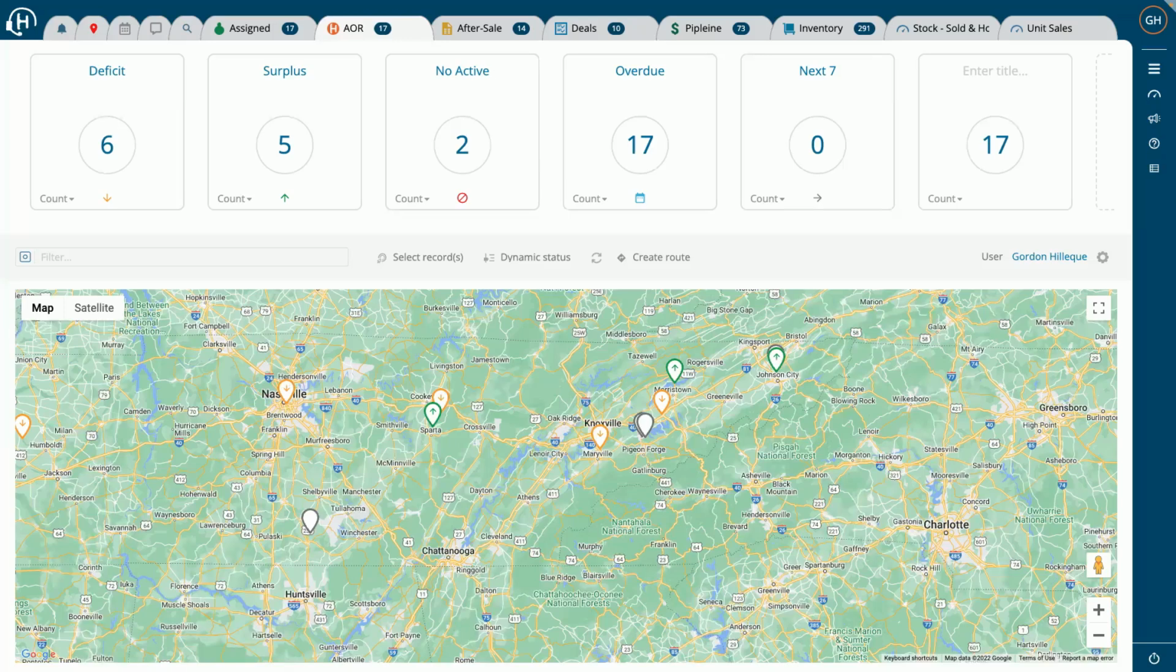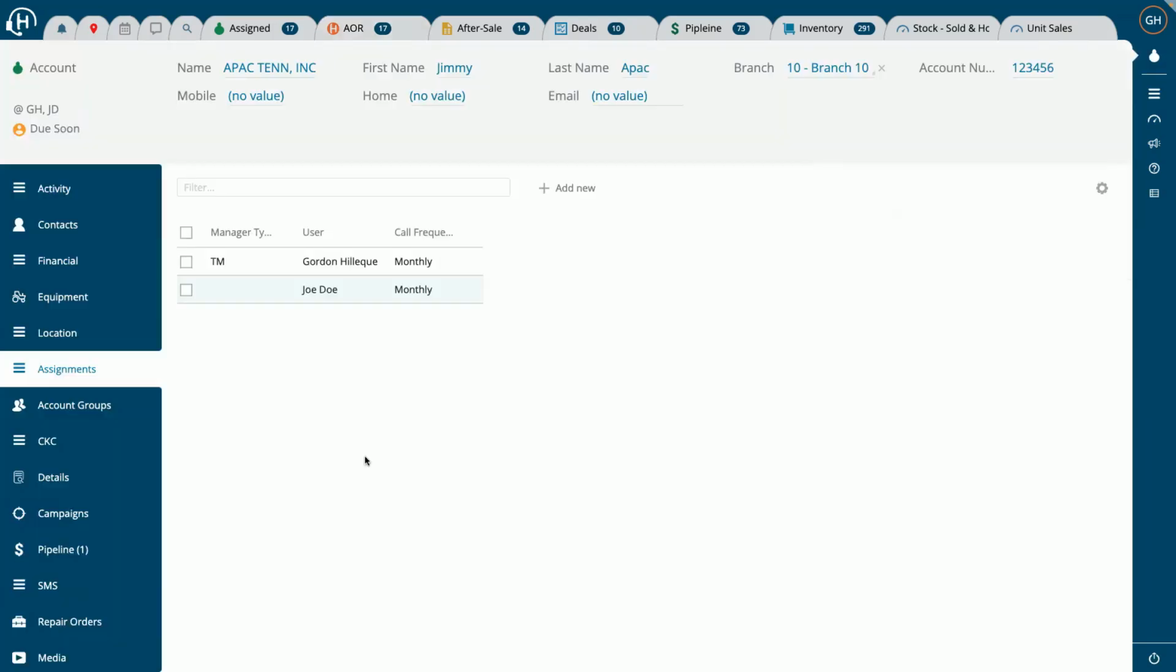So how is that handled inside Handle? The application has a way that you can assign as many people as you want, essentially by department. Within every account within Handle, there is a place that you can assign as many of what we call manager types as you want. Think of them as departments. Possibly you could have sales, whole goods, marketing, service. We even have some organizations that assign sales managers to key accounts for maybe an annual call or something like that. You can see here that you can set that up, assign the user, assign the call frequency,